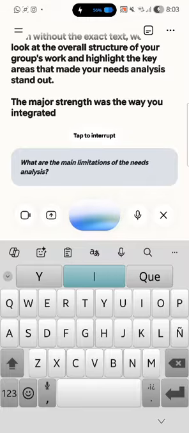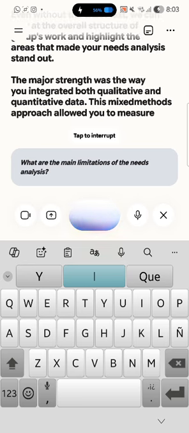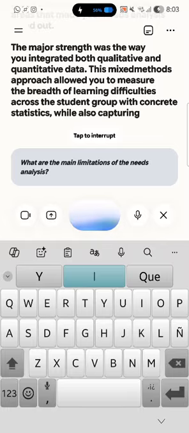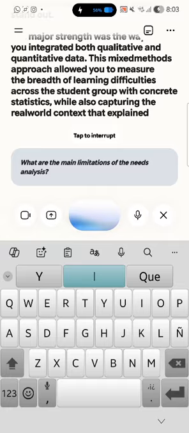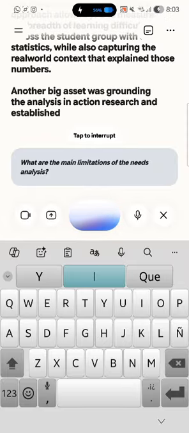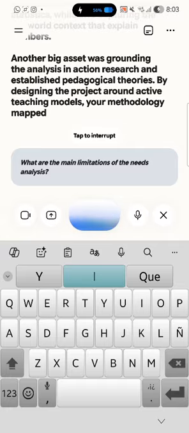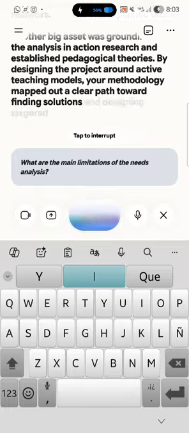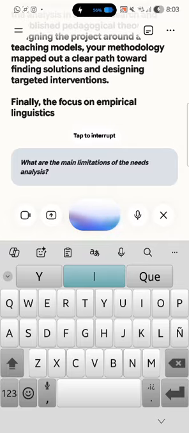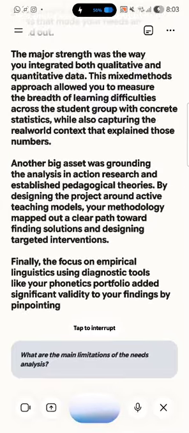The major strength was the way you integrated both qualitative and quantitative data. This mixed methods approach allowed you to measure the breadth of learning difficulties across the student group with concrete statistics, while also capturing the real-world context that explained those numbers. Another big asset was grounding the analysis in action research and established pedagogical theories. By designing the project around active teaching models, your methodology mapped out a clear path toward finding solutions and designing targeted interventions. Finally, the focus on empirical linguistics using diagnostic tools like your phonetics portfolio added significant validity to your findings by